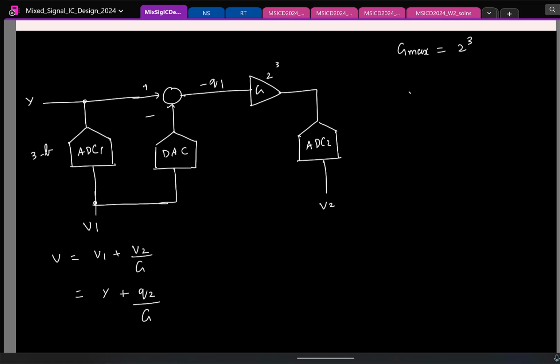Cool. So yeah, this is the maximum gain. But remember that I can also use a gain smaller than this. Still fine. But if I use a smaller gain, then I'm not squeezing the maximum SNR from the second ADC. Right? So as of now, if I use a gain of 2 power 3, what is the effective resolution I get? 7, basically. Right? Now let us say I use a general gain of G. What will be the effective resolution? 4 plus log. Remember how we came up to this